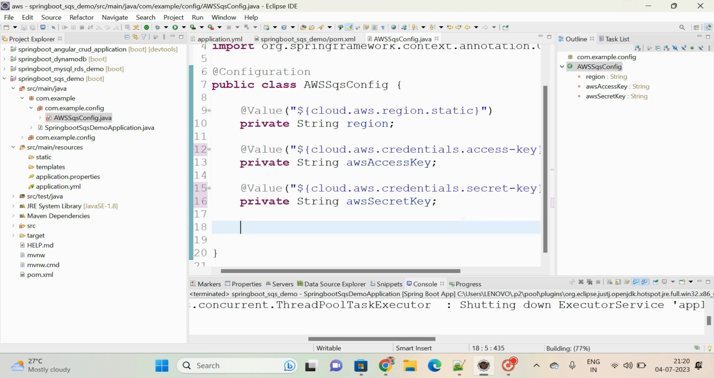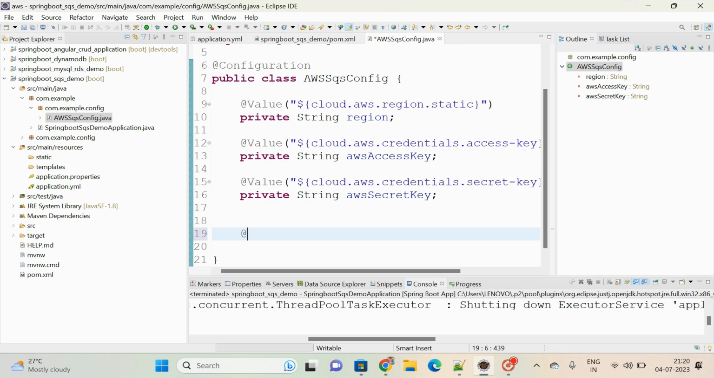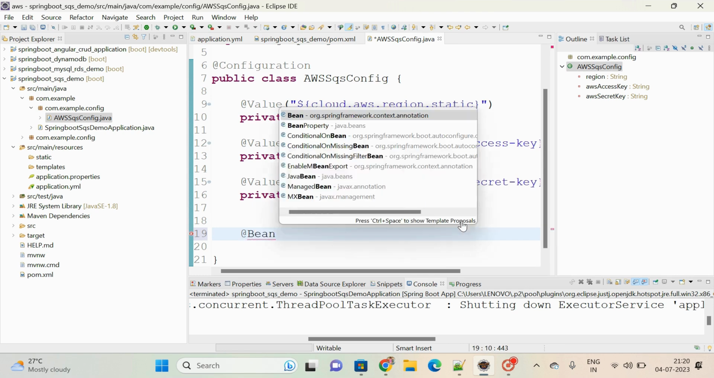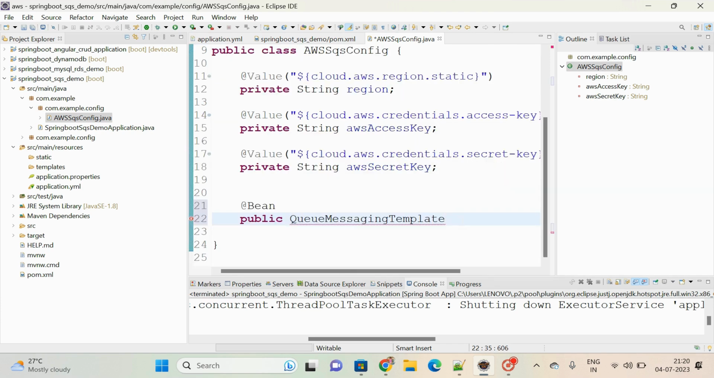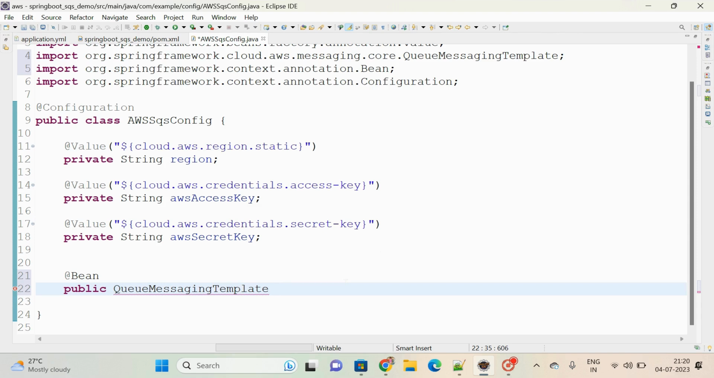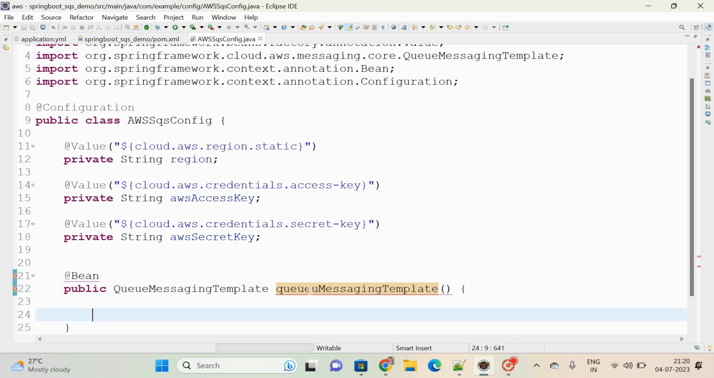As we discussed, we need one method. That method must be annotated with @Bean, and that method returns a QueueMessagingTemplate object. Let me maximize this. Define any method, queueMessagingTemplate, and here we have to return that QueueMessagingTemplate object. Return new